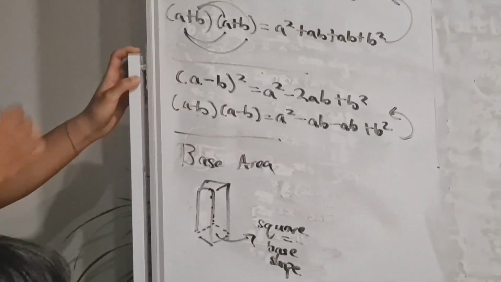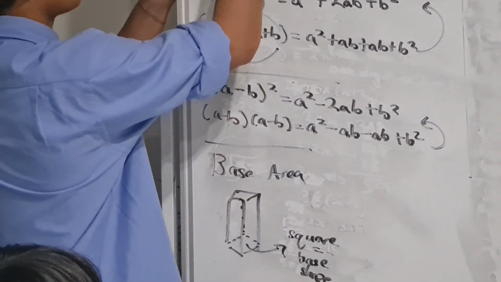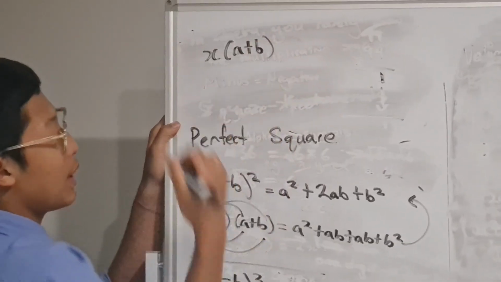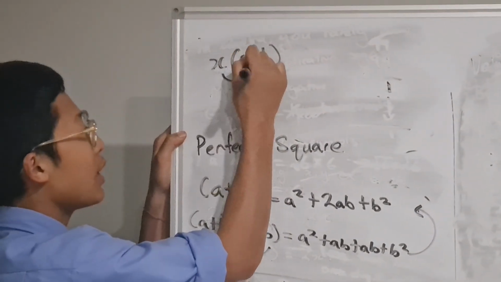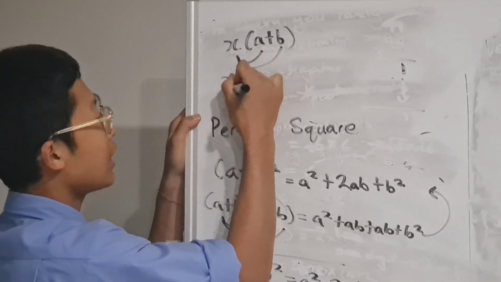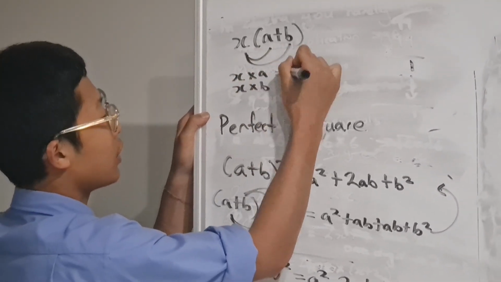And finally we did the simple bit. So this was the perfect square, which was the hard bit, and the simple bit was, for example, something like this. And as you can see, what we did is similar to here. We times one, then we times the second one. Now we see x, we have to times by a, and x, then we times by b, which equals ax,